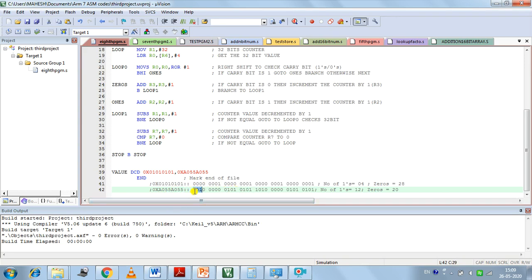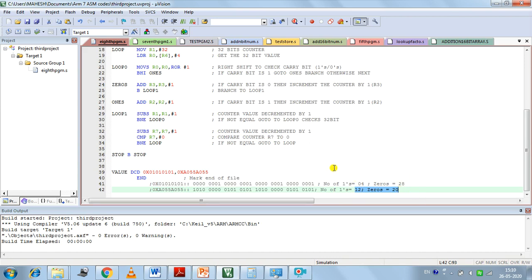Like that, I have written the 32-bit number for A055. In this 32-bit number, again count the number of ones and zeros. We have the number of ones equal to 12, and the remaining are zeros, so again we have a total of 32 bits.